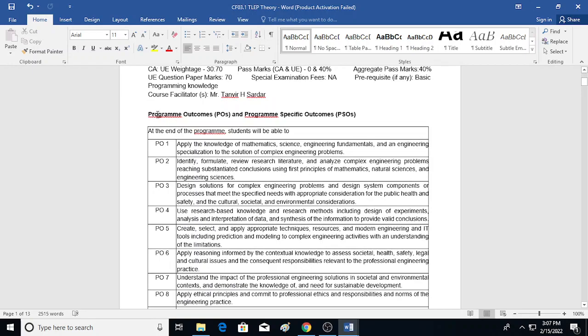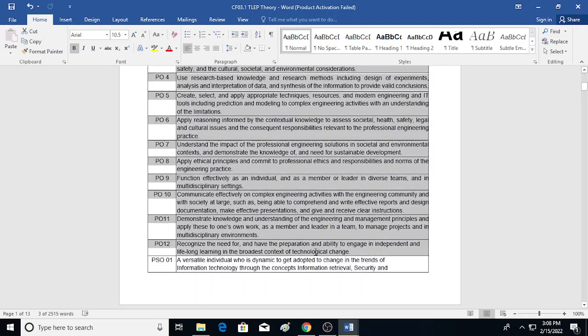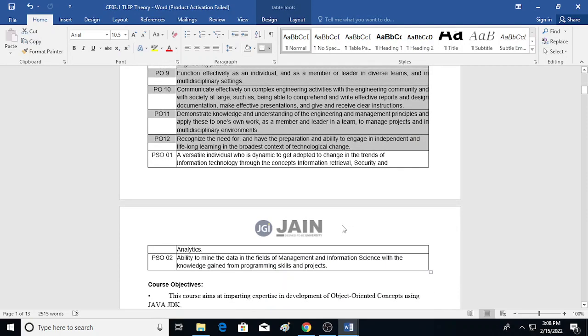Now here we are defining the program outcomes. These program outcomes are coming from the Washington Accord, and it has been taken by NBA in India, the National Board of Accreditation, an autonomous body under the Ministry of HRD. So they have defined these program outcomes. These are fixed. You cannot change them. They are fixed by the NBA, and you are supposed to go through that.